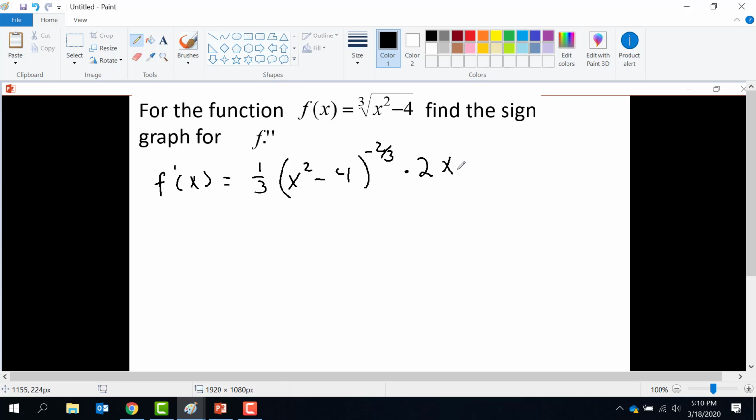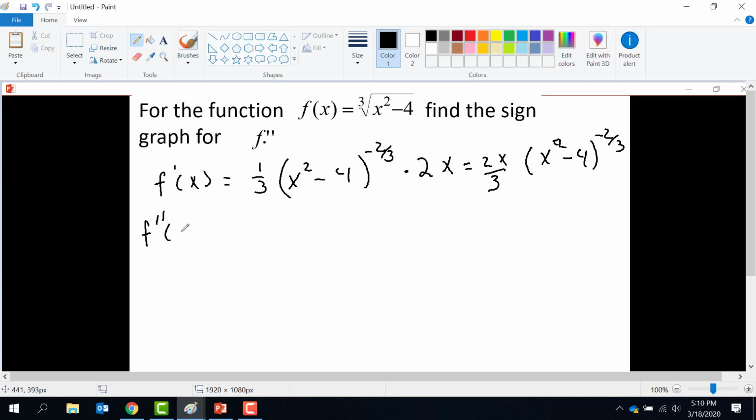And so then if we write this as 2x over 3 times x squared minus 4 raised to the negative 2/3, we can find the second derivative by using the product rule,